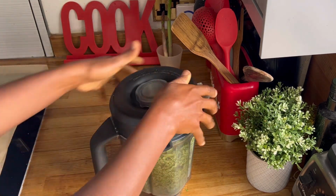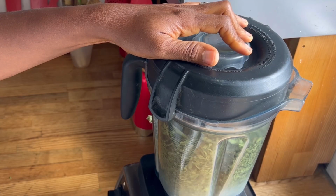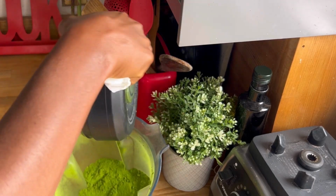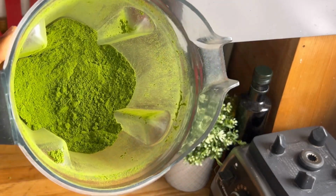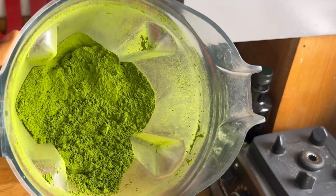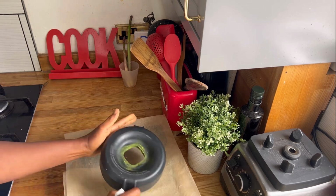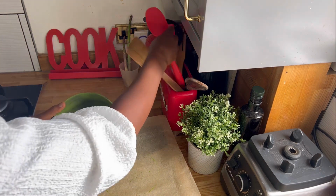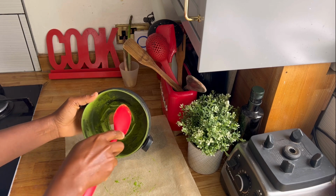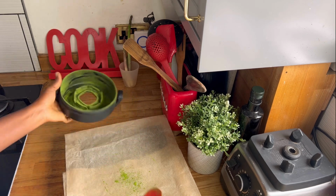So we'll go ahead and blend this whole thing. Look at this beautiful color. This is Lovage powder. This will take your cooking from 0 to 100. We don't want to store this. It's a bit damp. At this point, it's still a little damp. So I'm gonna just dehydrate it for like half an hour, just so that any form of moisture, either from the stalks or the heat generated in the blender, would